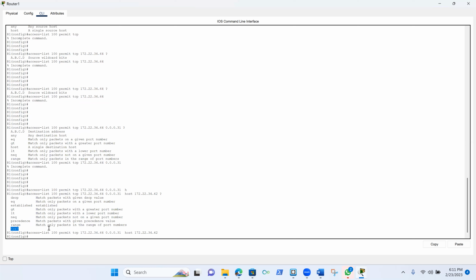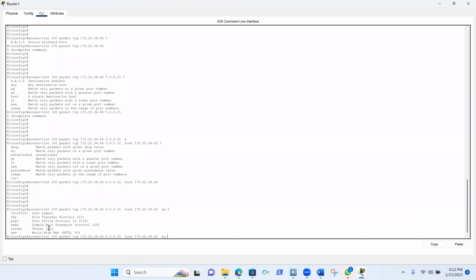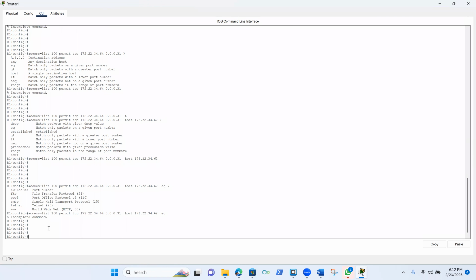Therefore, if we enter the eq keyword followed by a question mark, it's going to display the available options. Let's go ahead and do that. So eq, question mark. You see how it says FTP, which is file transfer protocol on port 21,